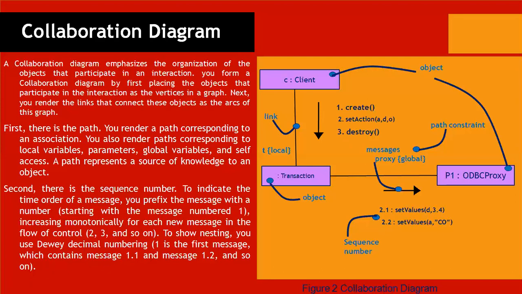We can also show nesting to an arbitrary depth along the same link. So there is no need of using two separate links. We use the same link and we can show many messages, and each will have a unique sequence number. In one link itself, we can show any number of messages. So for one link, we are showing n number of messages. There is no need of a separate link for each and every message here.